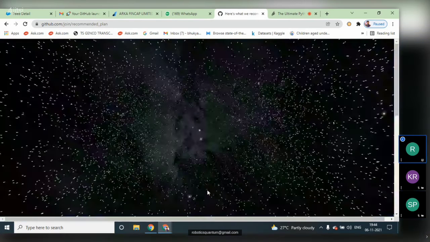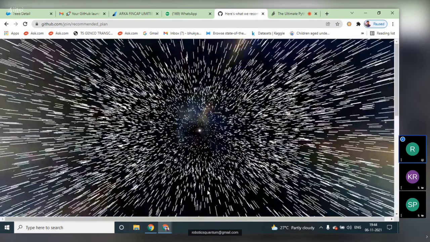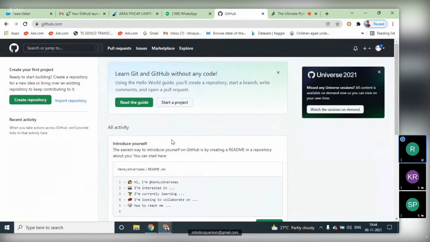Just skip that one. The dashboard is initializing. When we enter into the dashboard, it clearly shows the first appearance of your GitHub account.